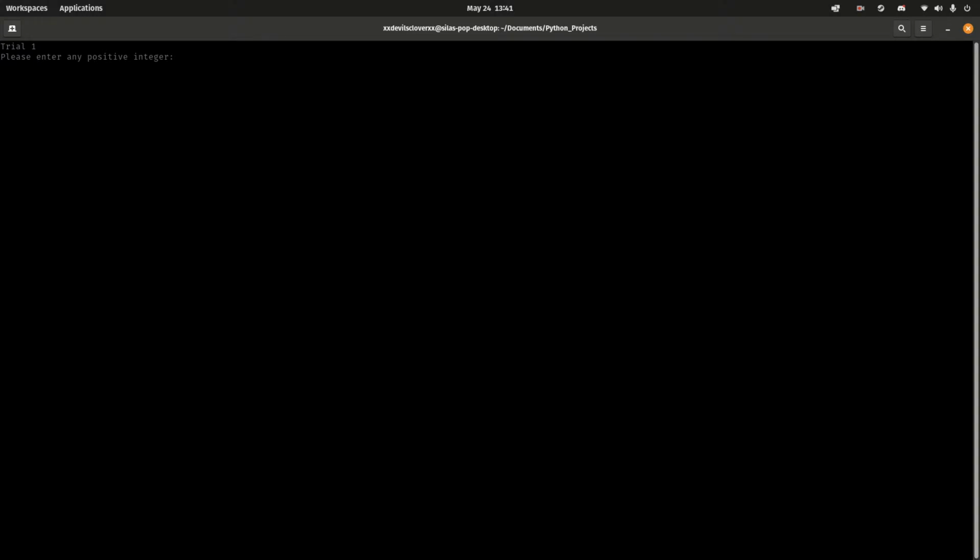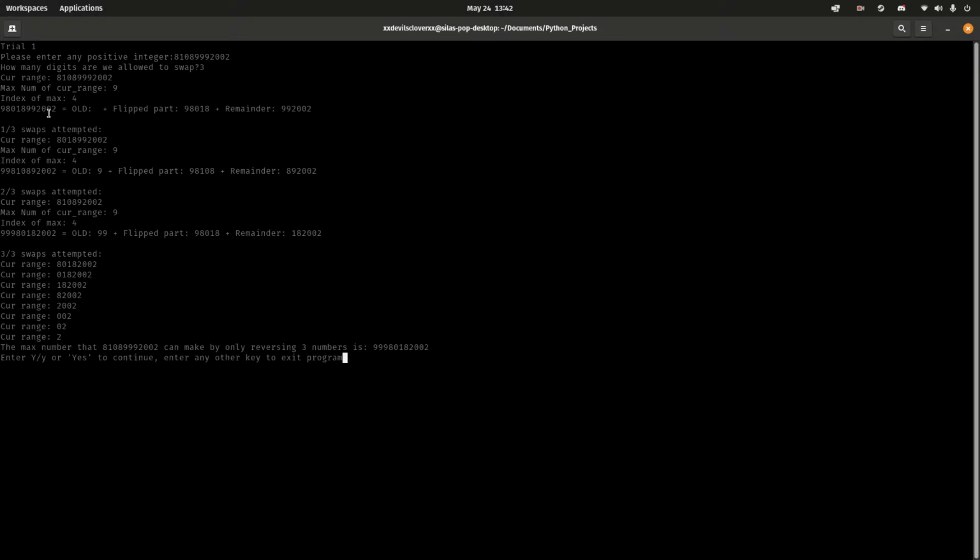So for any positive number, I'm just going to use some arbitrary number here. Cool. How many digits are we allowed to swap? I'll probably say 3. So it will swap the current numbers, as you can see here. The maximum number that occurs first is this 9, so it'll swap everything from 8 to 9, as you can see here. There was no sorted part yet, so it will be empty, and then the remainder would be this